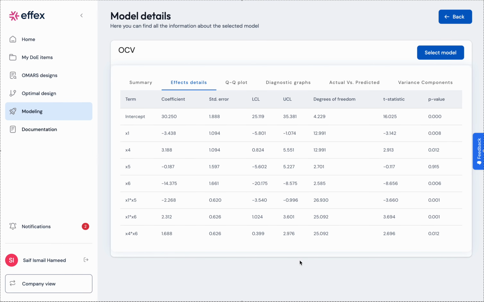So when you analyze a data set with one or more random variance components, you will see that under the Effect Details tab, under Model Details, the table will appear slightly different than the one you would get if there were no random components in the model. Now, the big difference is that here you have a new column, which is for the degrees of freedom,